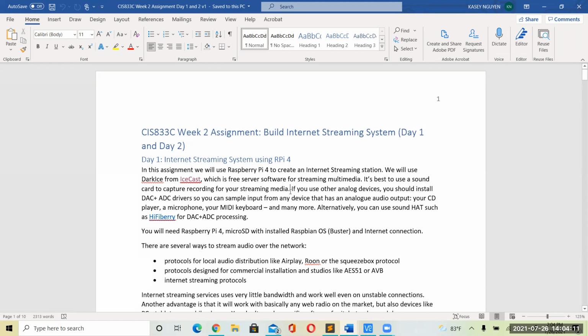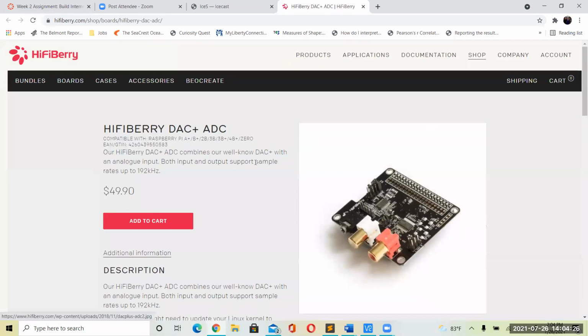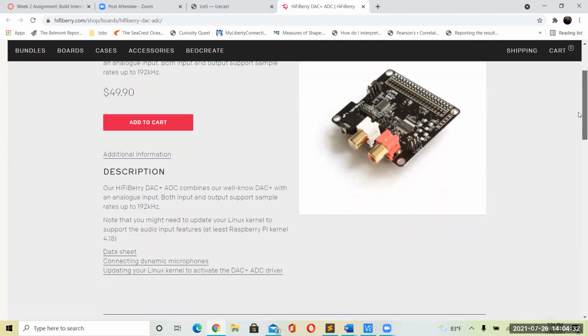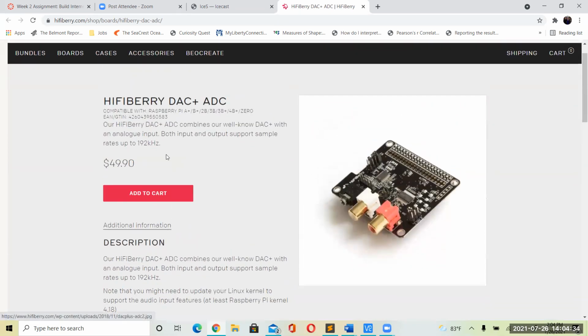I included things like the HiFiBerry. If you click on this, it gives you the link to something that you can adapt to your Raspberry Pi. This particular sound card will cost about what you would pay for the Raspberry Pi itself, but